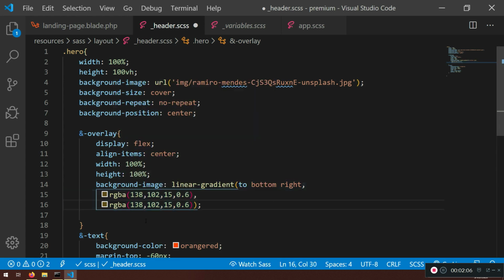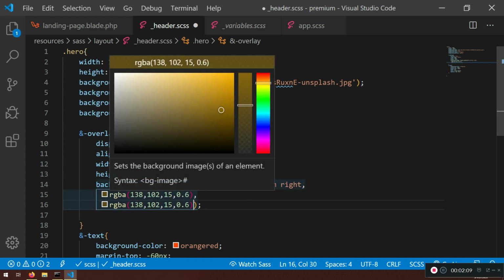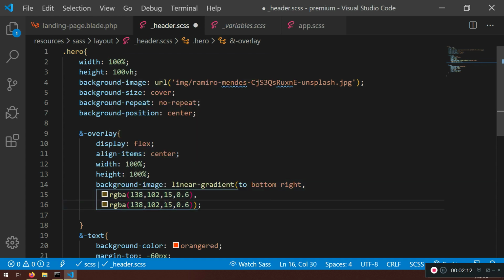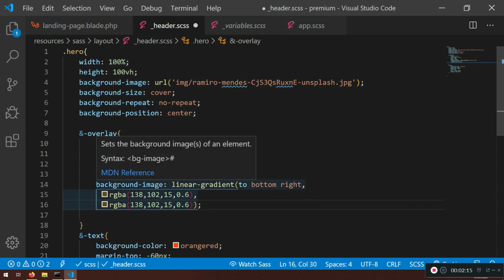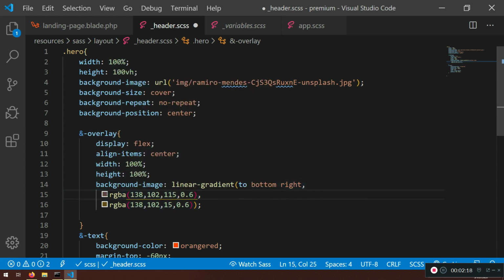The next one should be, so 138, 102, 115 should be here, not 15. That's why the color is like this. So 115, yeah, the color will be gray now. And I want the other one to be 255, 101, 0.4 opacity. And so 255, 101, 101, again, I missed that one, and the color should be a little bit different now, right? And I'm gonna save it now, and gonna wait for this one to be done,